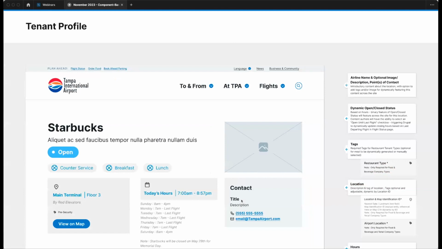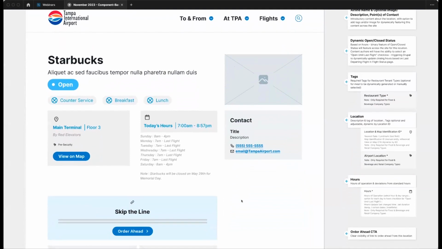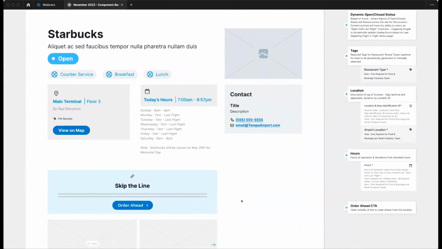For the airport, a lot of our goals around the project were incorporated with how can we elevate revenue driving tools. So for many airports, the concessions are a huge revenue driver. So things like ordering ahead becomes a really important component for us to incorporate to drive that revenue for the airport. Another big piece of what we were looking at with our components and how we're starting to build out how content can relate across the site is incorporating the flight status to create a dynamic ability to track a tenant's opening hours. So depending on whether or not